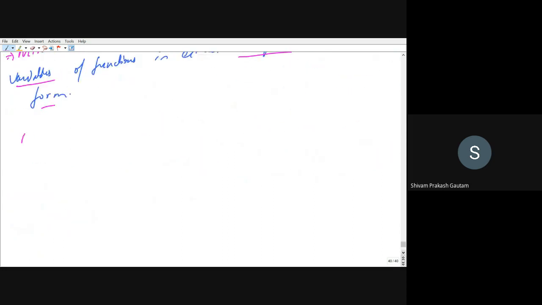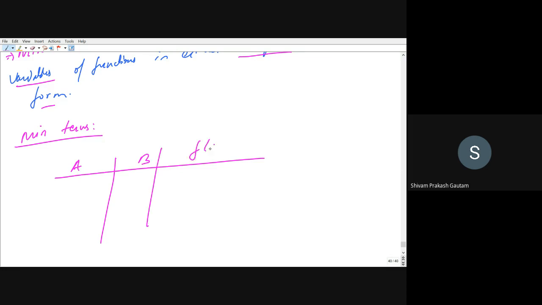So minterms. This is used to represent sum of product form. Let us start with 2 variables, that is A B, and you can represent a function of A B as well. And here you can write minterm, right? So A and B can have values 0 0, 0 1, 1 0, 1 1, right? Function A B can be called as in sum of product form, that is SOP form.